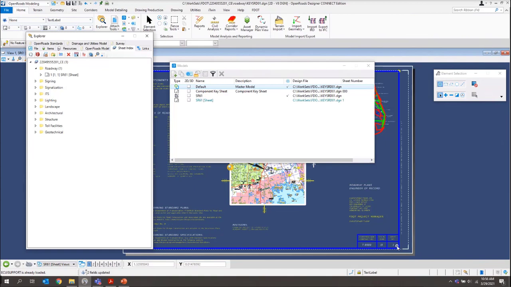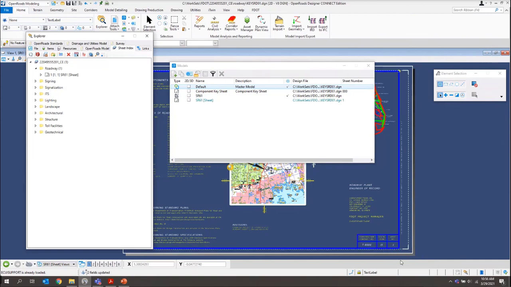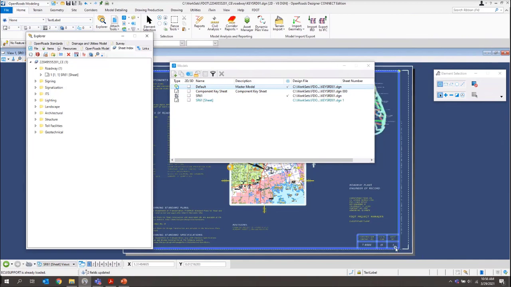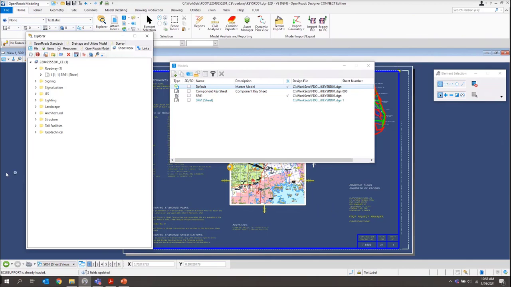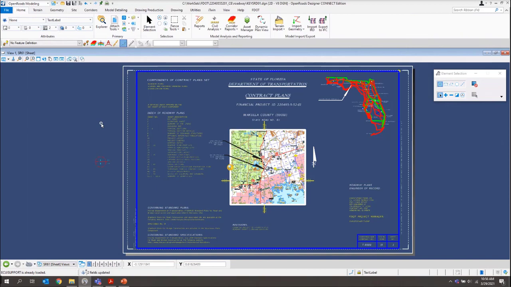So if you had previously noticed before that this was SR61, I believe it had down there when we were filling these other fields out. After dropping it in the index, it's now set that sheet number to 1. And then I can just close these. And that's the end of chapter 1. That's going over the creating a key sheet in the FDOT workflow.